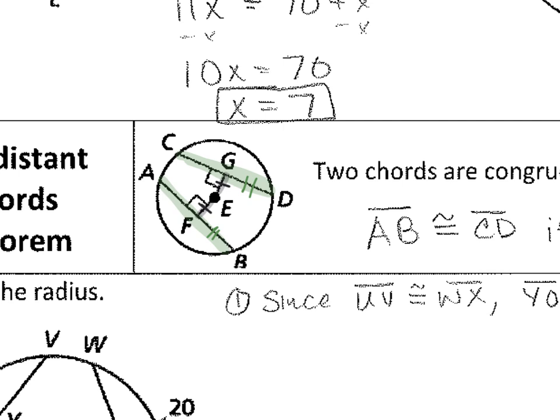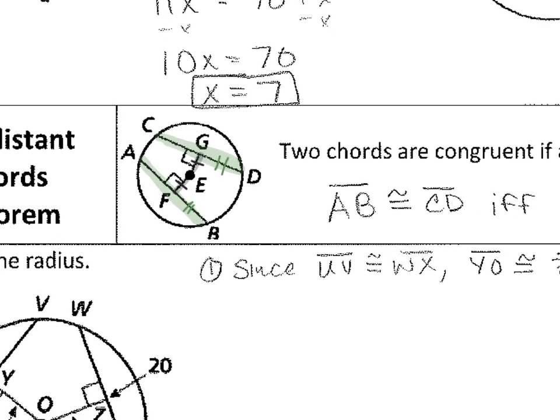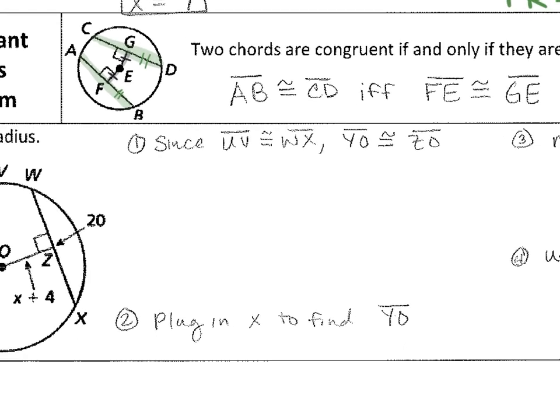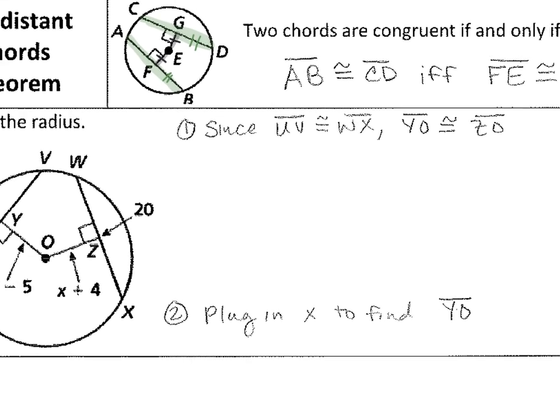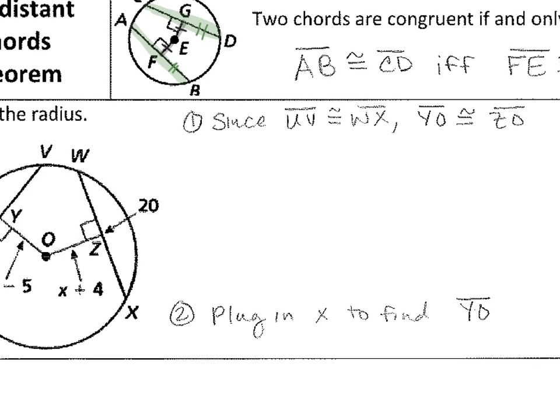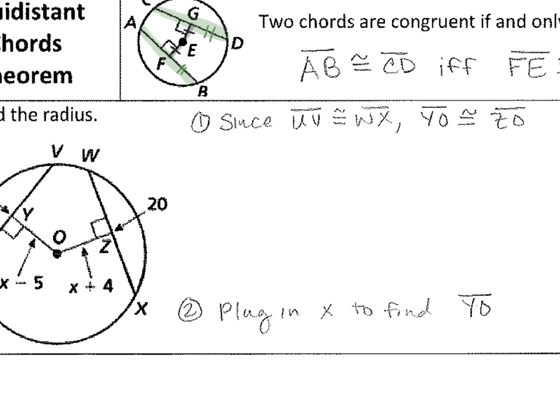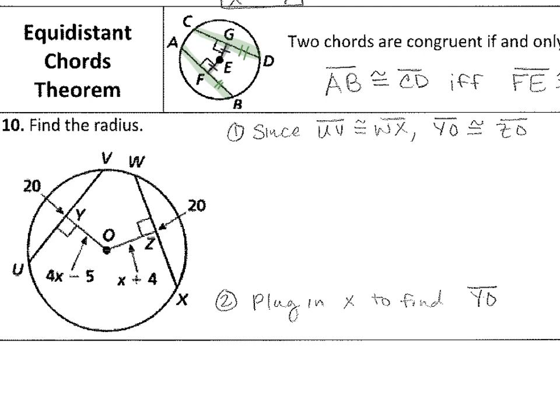I know that's really small. This problem is a little bit difficult, so I've given you some steps to follow so that when you're looking back at your notes, you'll be able to see what we did. Number 1 says, since UV, which is here, and WX, which is here,